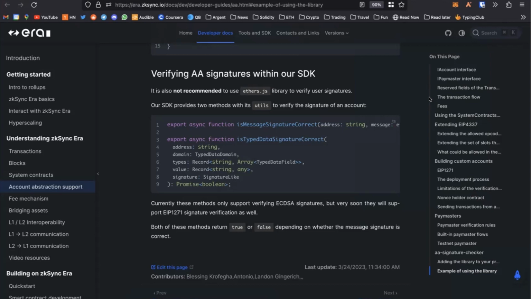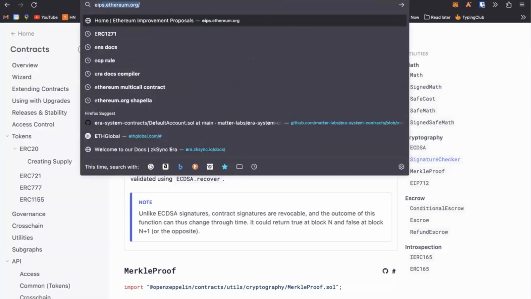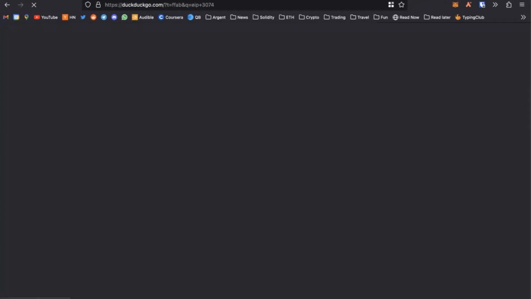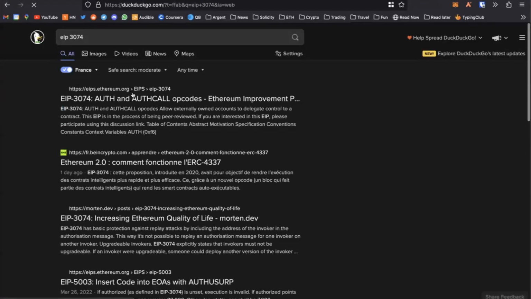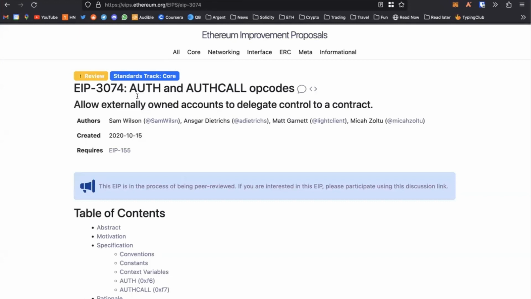Are EOAs able to perform complex logic on Era like 3074? I don't even know what 3074 is, at least not at the top of my head. Let me see. Oh, I think this is an older try at account abstraction that we didn't really decide to go through with.